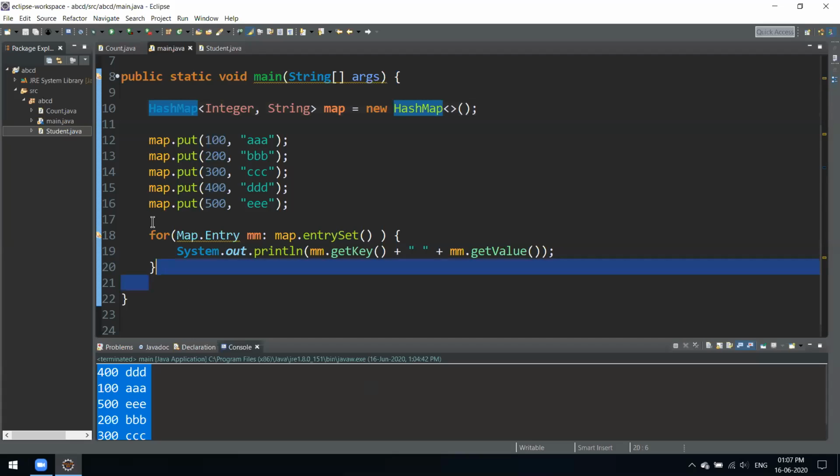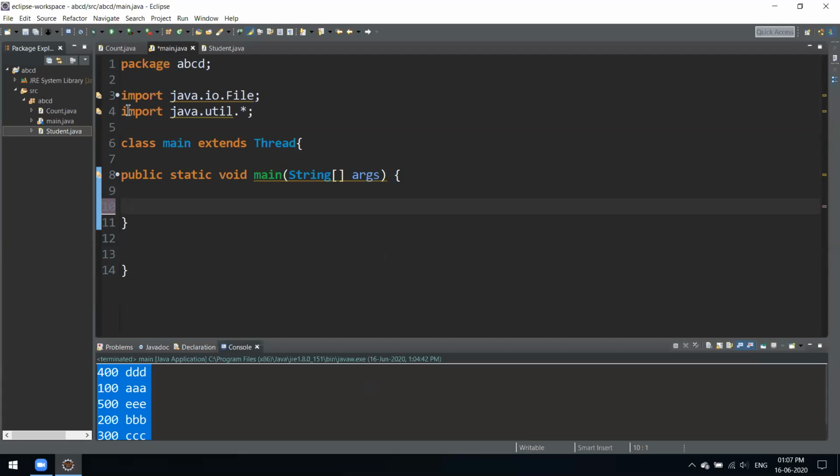A thread is just a small part or piece of the program which you are writing, and a thread can have the following states. It could have a new state, can be runnable, blocked, waiting, or terminated. A thread can only have one state at a time. It could be either running, blocked, terminated, or waiting, whatever you want to do with it.